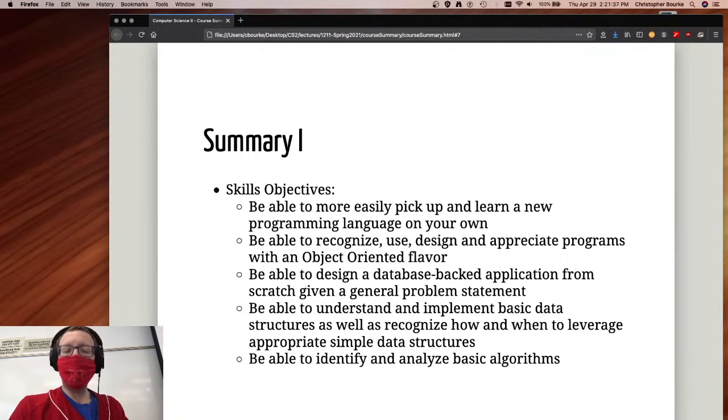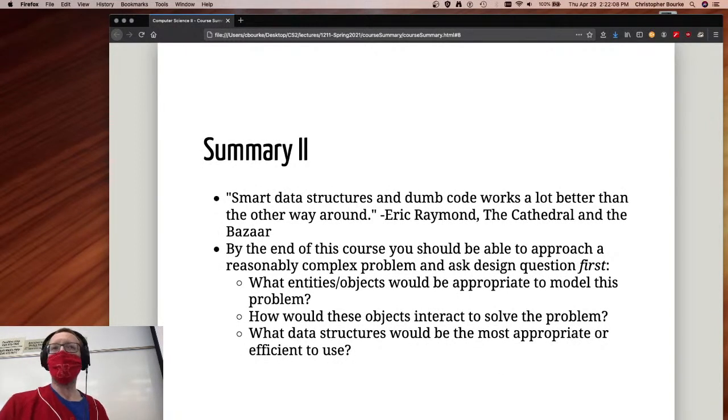And of course, knowing which data structures are appropriate to use and how to use them, because it's the difference between, as we saw, if you use a linked list, it's going to take you 20 years with this particular algorithm over here. If you use an array-based list, it's going to take you 5 seconds, right? So being able to understand those situations is what separates coders from computer scientists, computer engineers, software engineers. Right. Again, the central theme is smart data structures and dumb code are a lot better than the other way around. That's Eric S. Raymond from The Cathedral and the Bazaar.